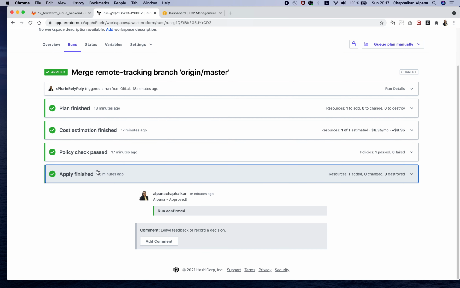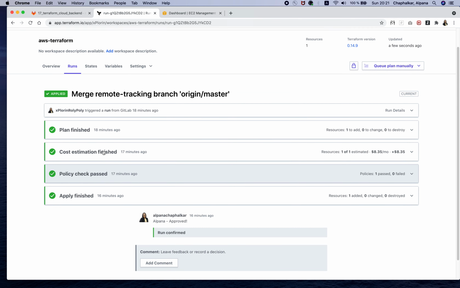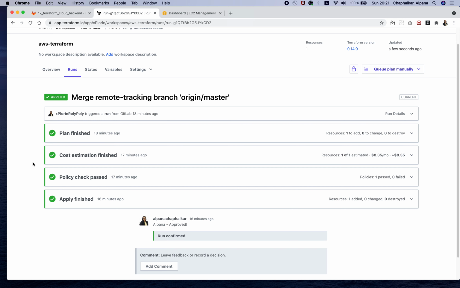Before the apply finished, there was this user interaction, whether you want to apply the change which is there in the plan. So you can either apply it or you can cancel the apply. You can just run the plan. So that's the advantage of using the Terraform Cloud, that you get features like cost estimation and policy check. But these features, cost estimation and policy check, are paid features. These checks are here currently because I have enabled the free trial. The free trial is there for 1 month.